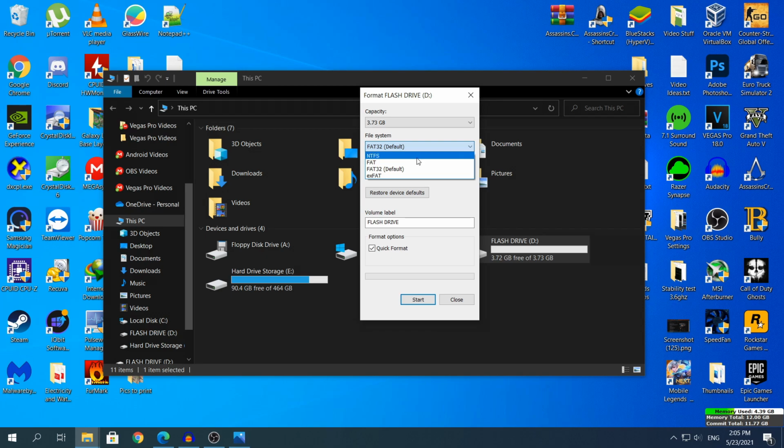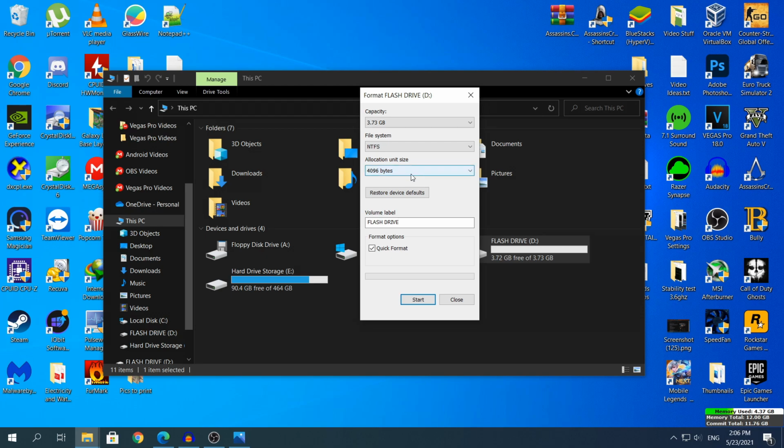You may ask, Alex, the NTFS file system is for Windows and all of that. Do not worry, putting an NTFS file system on your flash drive will not break it or anything. But fun fact, you may get better transfer speeds if you set it to NTFS, which may be a huge benefit for you. But yeah, choose the file system NTFS right here.